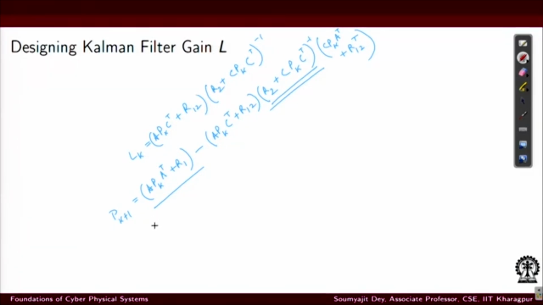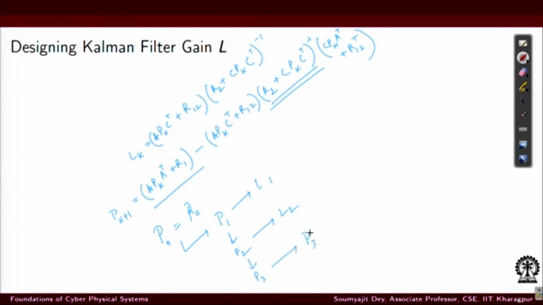So, you can start with P_0 as R_0, some estimate here, and then you can calculate P_{k+1}, right. So, with this you can calculate P_1, with this you can calculate L_1, right. Now, with P_1 you can calculate P_2, with this you can calculate L_2, and you can proceed in this way,